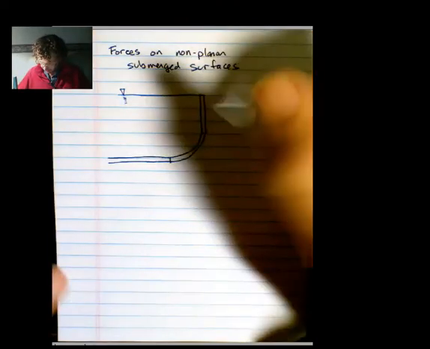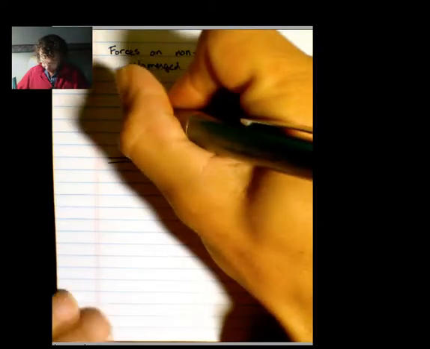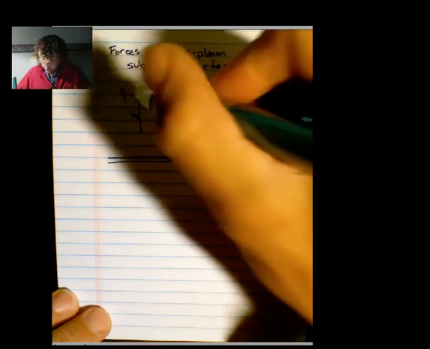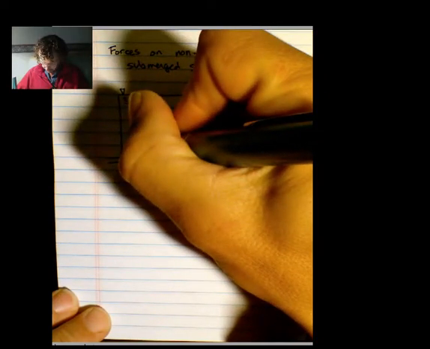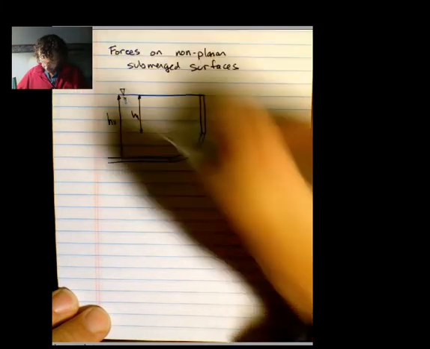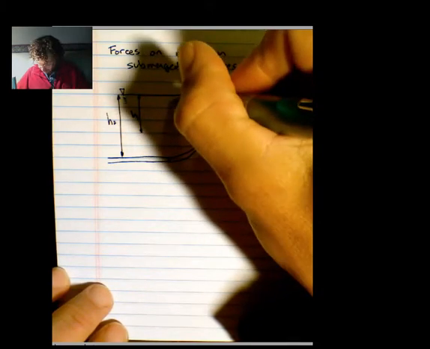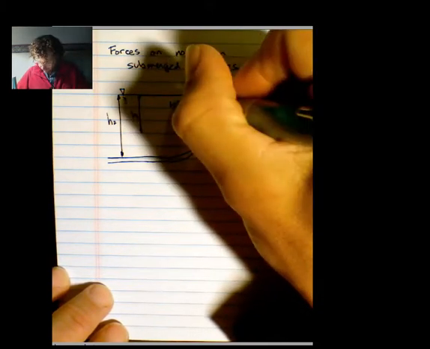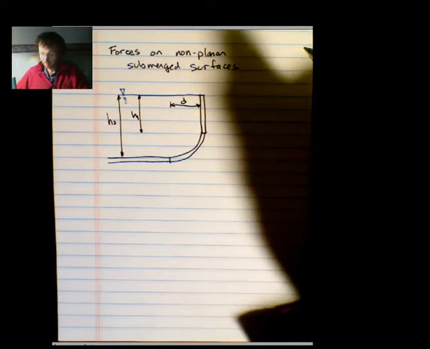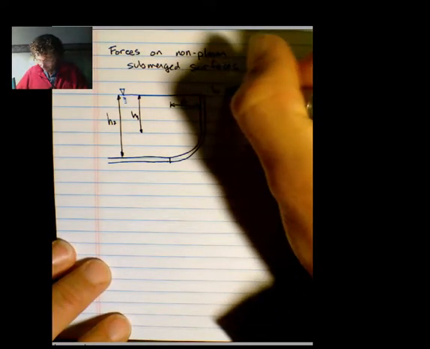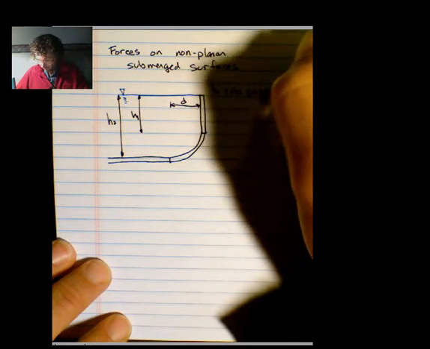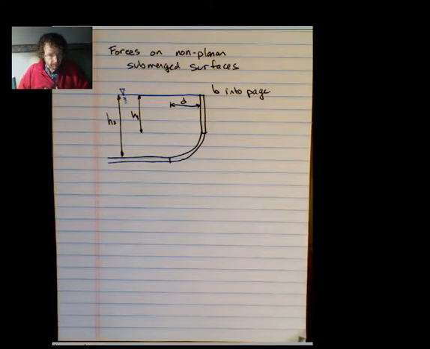And I said I was going to do this by example. Let's say that this distance here is h1, and all the way down is h2, just to give us a sense of a couple dimensions. Let's say that across to here is D, and let's say it's B into the page. Just like that. So that's our picture here, and the question,